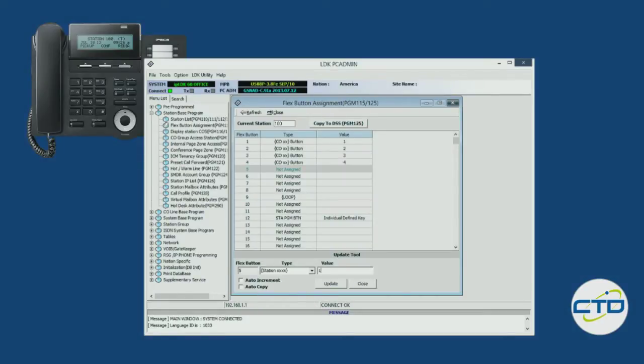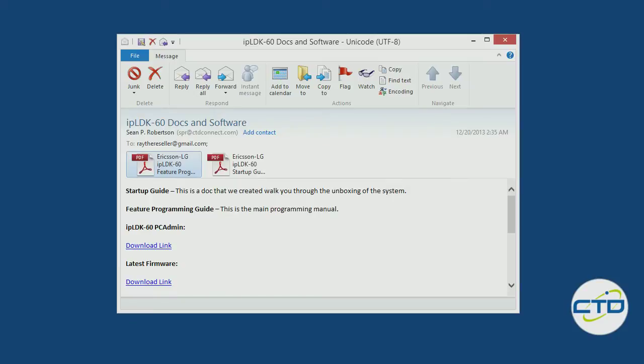To get the latest version of LDK-admin, which is a free download, contact your Ericsson-LG distributor. You should get an email back like this that contains a link to the LDK-admin software and a link to the latest firmware. If you're unfamiliar with putting the system into service for the first time, also request a copy